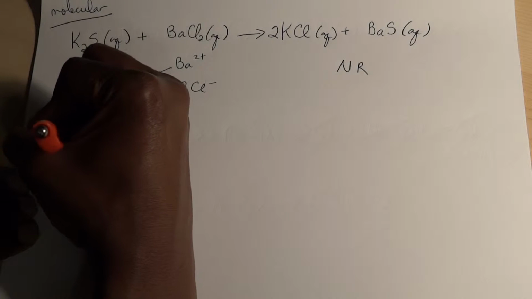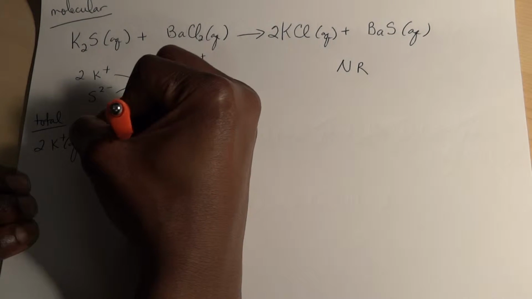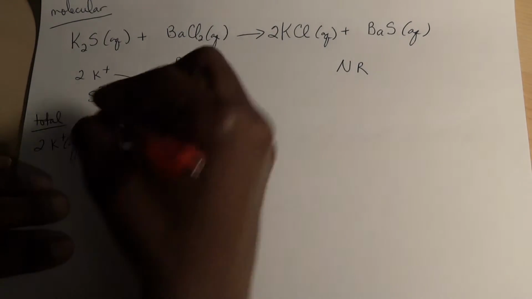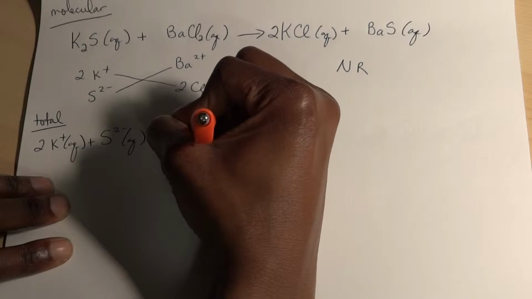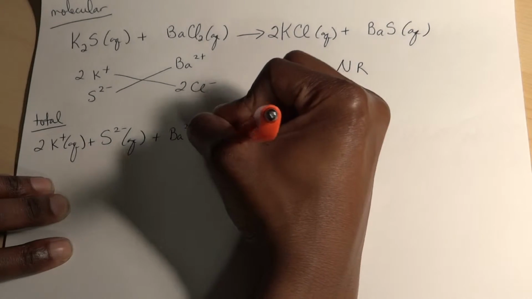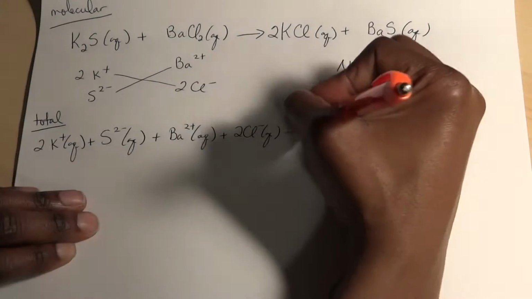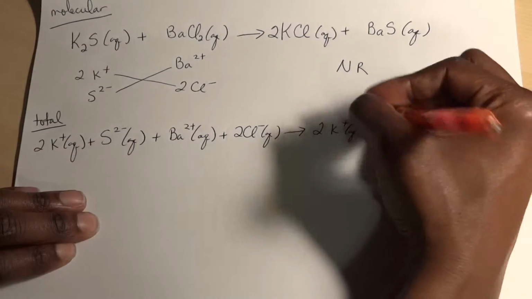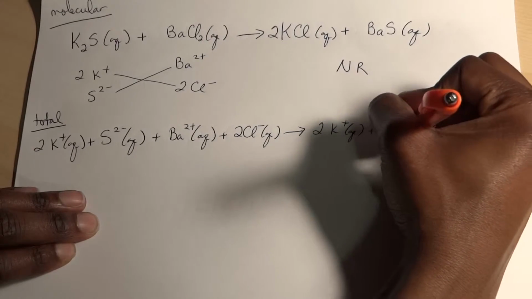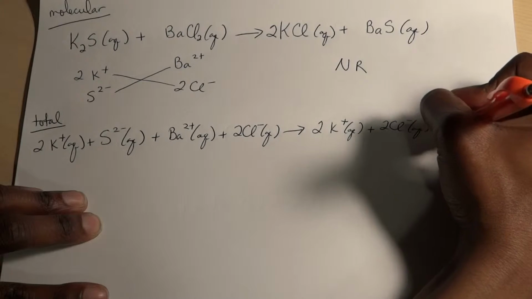So 2K plus, sulfide, plus Ba2 plus aqueous plus 2Cl minus aqueous yields 2K plus, 2Cl minus, plus Ba2 plus